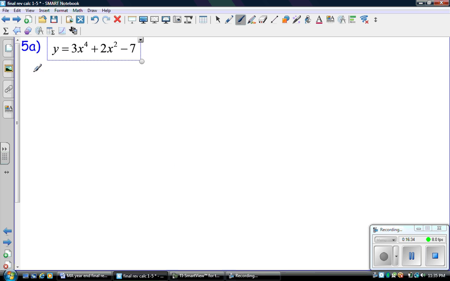Okay, 5A and B are asking if the function's even or odd. Just as a reminder, even means that if you replace x with -x, you're going to get the exact same result back. It makes sense to call it even because if the x's are to even powers, it's probably going to work. So to verify this, I'm trying to see if I get the exact same machine. If I plug in -x instead of x,